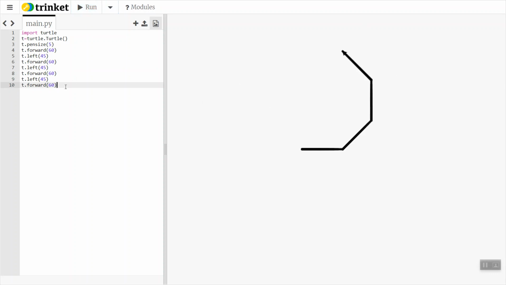And so let's go ahead and make it go left again another 45 degrees. And then forward 60. Now you get to practice by typing, and when you get more complicated, you can always copy and paste. And if you want to, you can really just finish it off by copying and pasting the code, because again, we wanted to go